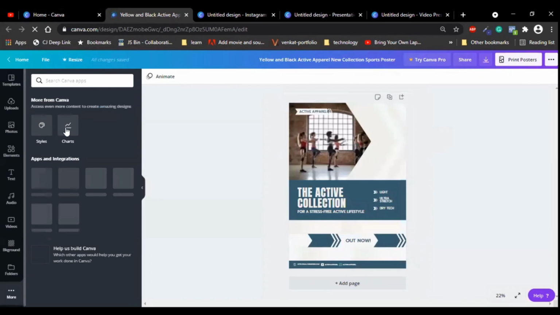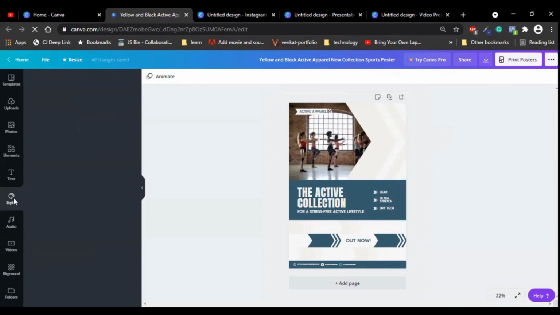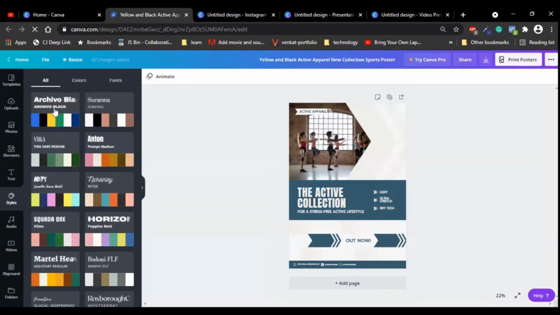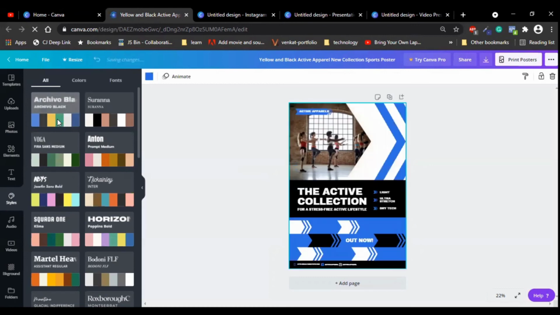In the previous video, in part 2, you could have explored the chat option. Now you can select the style which is available here, styles. So you can see all. If I change this, you can see that the design changes as per the selection of the style from there. See how easily the style has updated.